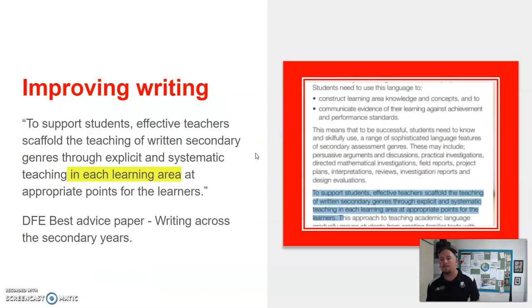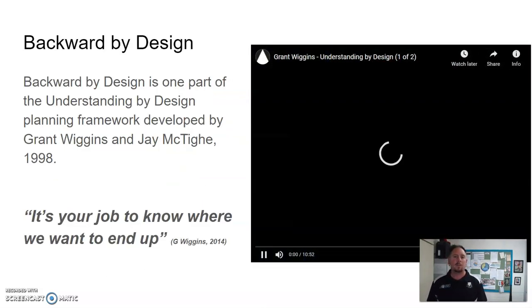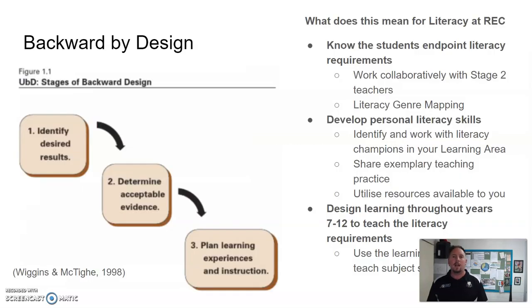So the Department Best Advice paper on writing says that to support students, effective teachers scaffold the teaching of written secondary genres through explicit and systematic teaching in each learning area at appropriate points for the learners. That's what they want us to do. Ryan talked about backwards by design, which is an intentional